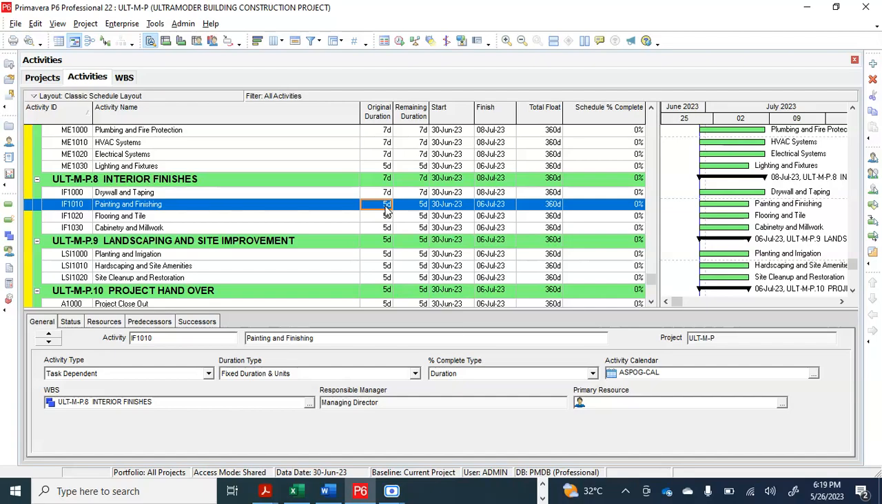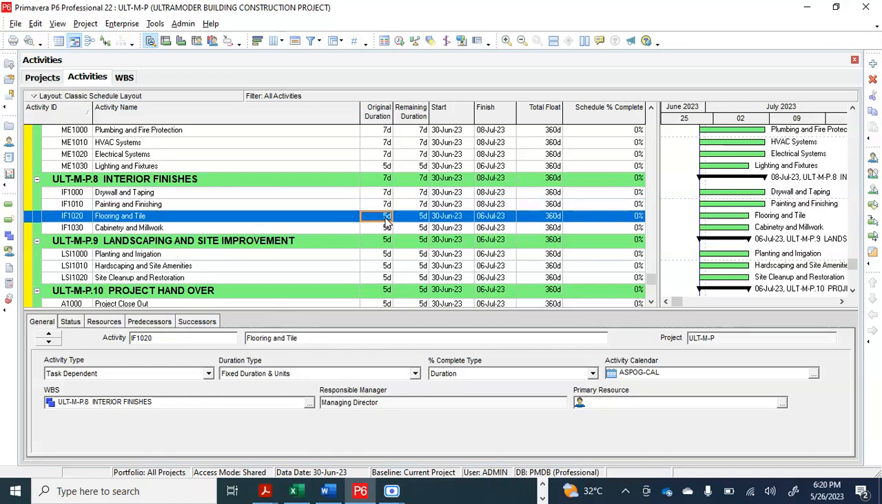Painting, 1 week. Yeah, I can just take 1 week or 8 days. Let me put it at 1 week. But you remember